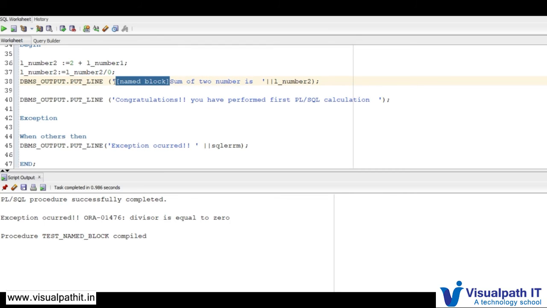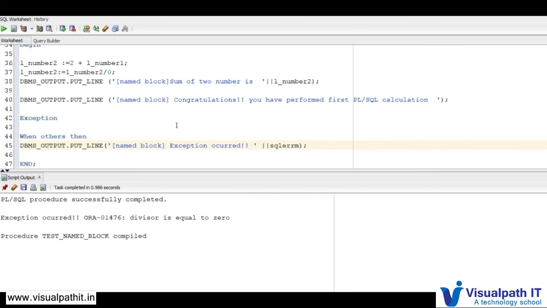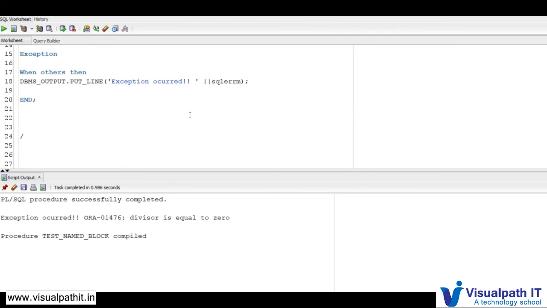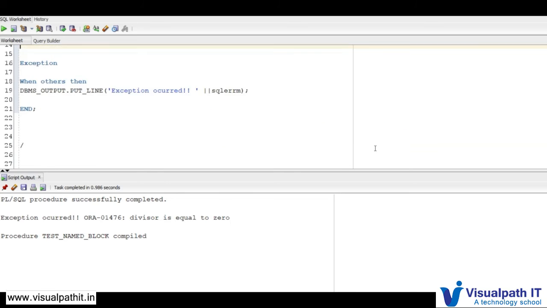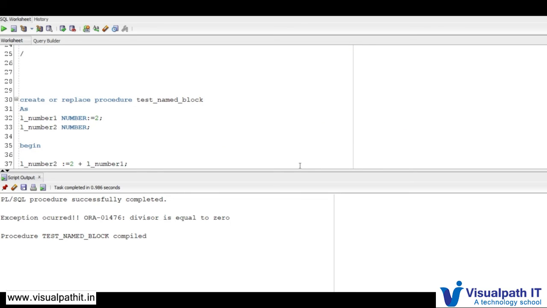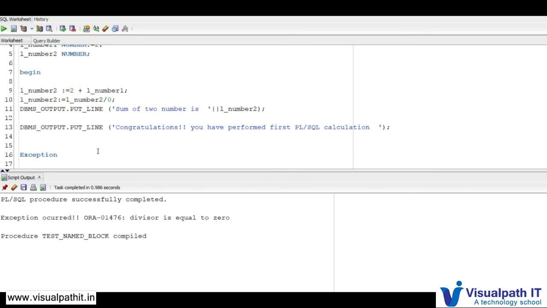Here also I write named block. Here also I write named block. Now I am calling this named block from the first anonymous block.